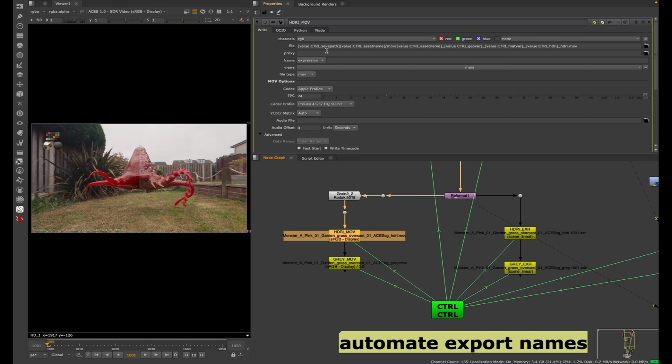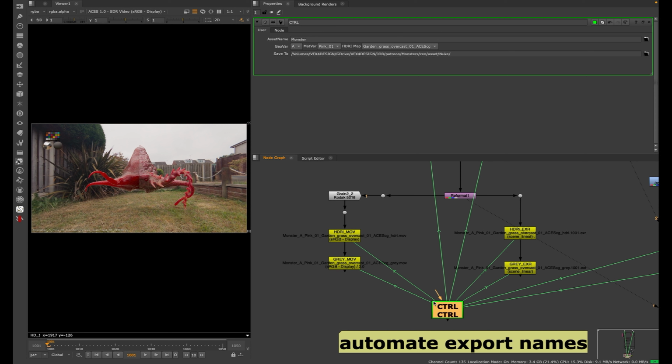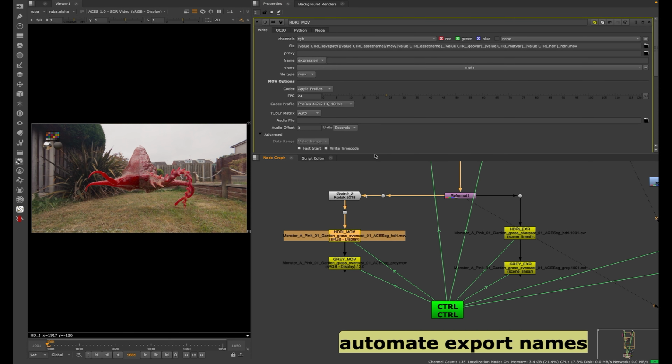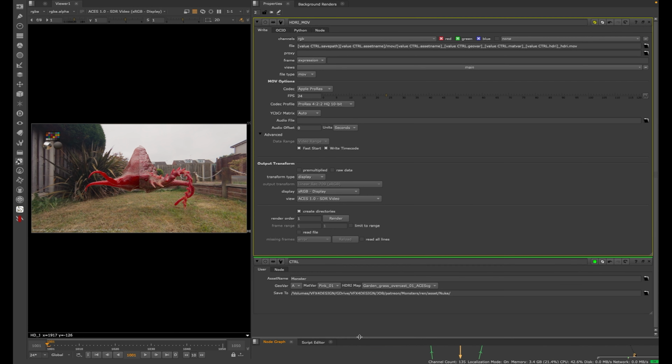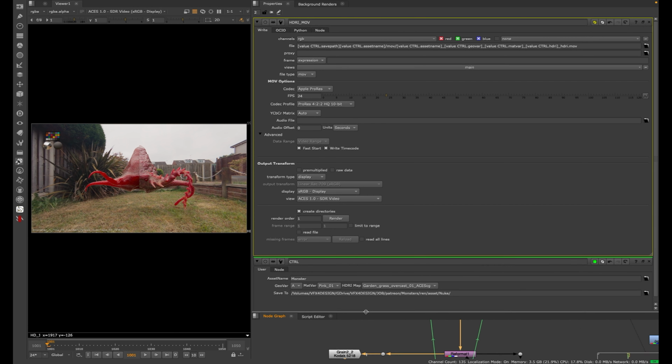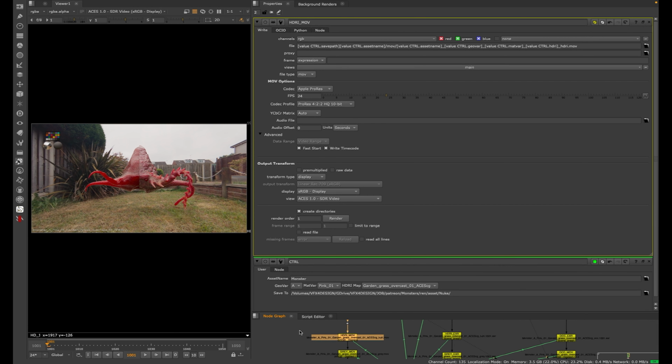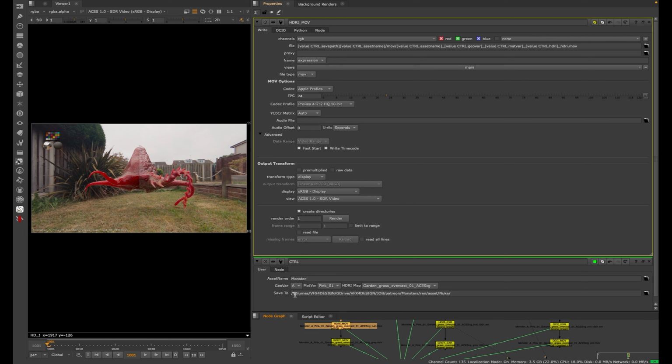So the value control save path, it's basically bringing in, and let me bring this together to show you. This again is totally optional, so I'll set this to 2, and then hopefully we can click on this and we can have both of them viewed. So we've got this value control save path, and that's that. This is the result of that. So that's the whole path there,